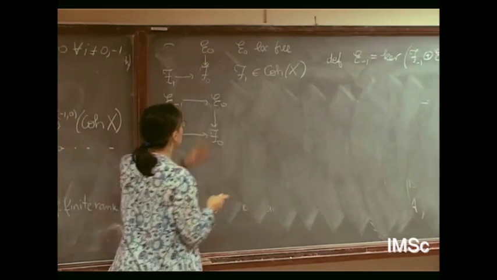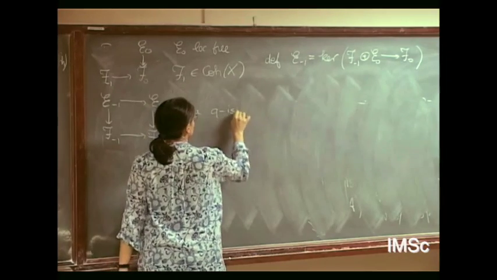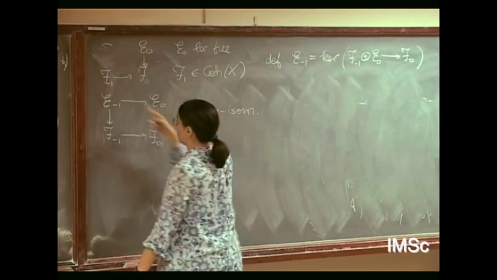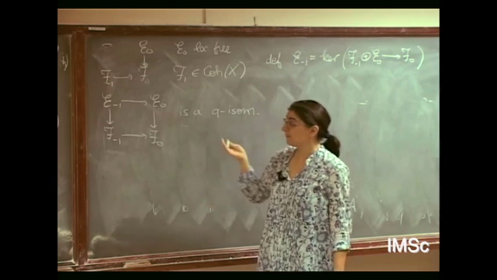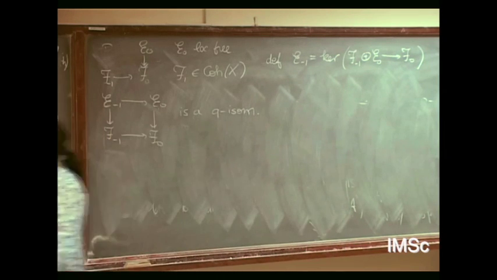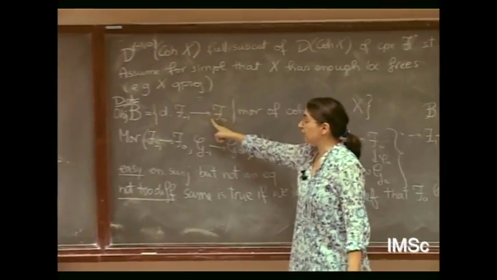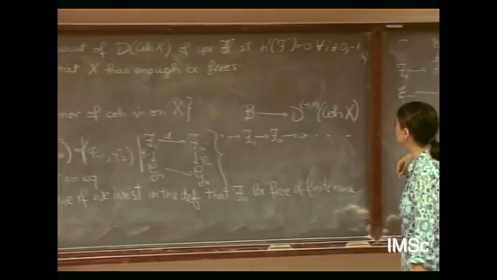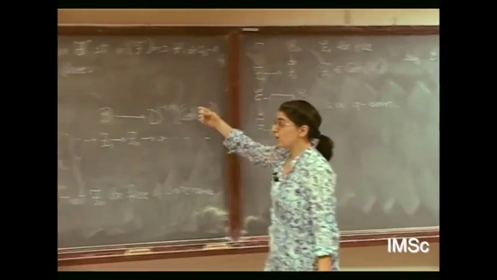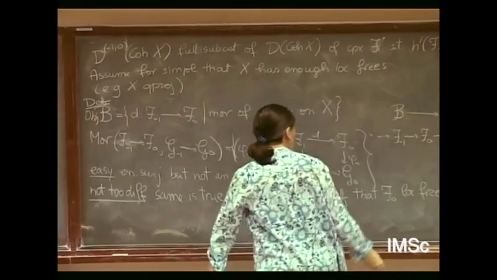Okay, and then what you prove is that this is a quasi-isomorphism. So it induces an isomorphism on kernel and cokernel. In particular, this tells you that it's still true that it is essentially surjective, because each object which comes from here is equivalent in the derived category to an object where this F0 is locally free. And moreover,